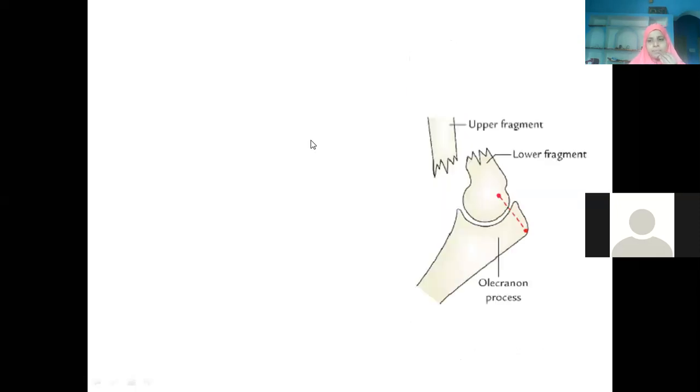So anything can be asked, better for 3 marks: fracture at the surgical neck of the humerus, or fracture at the shaft, spiral groove, or fracture of the medial epicondyle. Clinical correlation you should know. Now this is the elbow joint, right? You are finding the trochlear notch, olecranon process, coronoid process. Sometimes there may be a fracture at the lower end of the humerus bone.